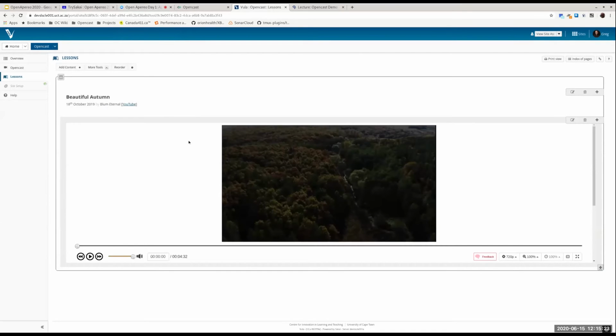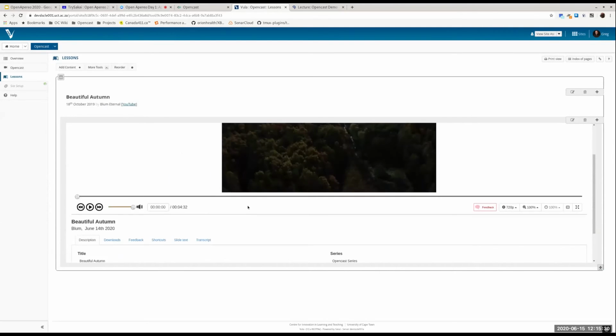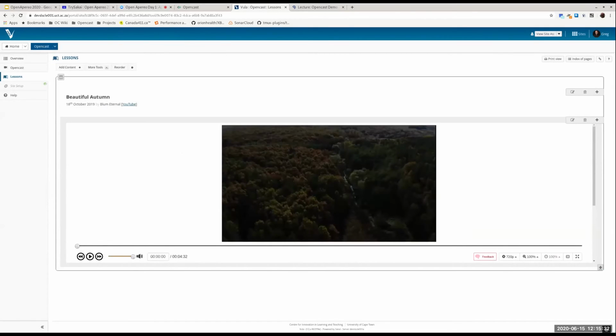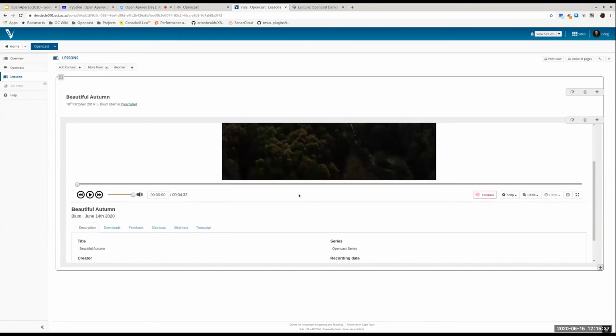Yeah, so this is the wonderful thing about LTI. Opencast's player, what you're looking at here is Theodul, which was developed by Elan. And I'm not going to go through the features of the player because it's just a video player. It's nothing hugely different than what you're familiar with from any other video player. But you can embed Theodul or the new player, which is called Paella, via LTI, via OAI-PMH, all kinds of different things to wherever you need. Opencast doesn't really care where it goes as long as it's useful.